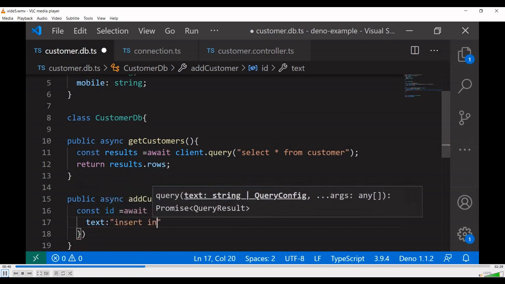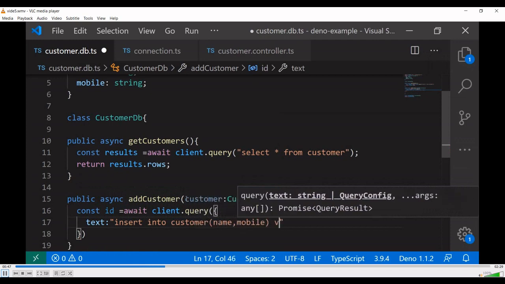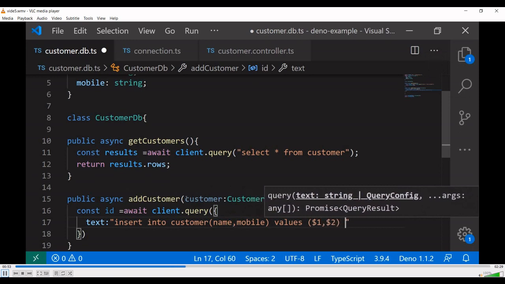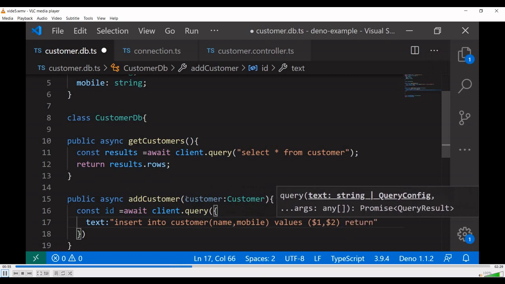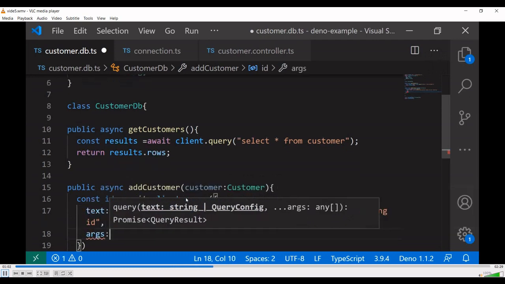First one is text: insert into customer of name comma mobile, values of, next we need the arguments. So $1 is the first argument, $2 the second argument, returning ID. That's the identity value inserted, it will return that information as well.